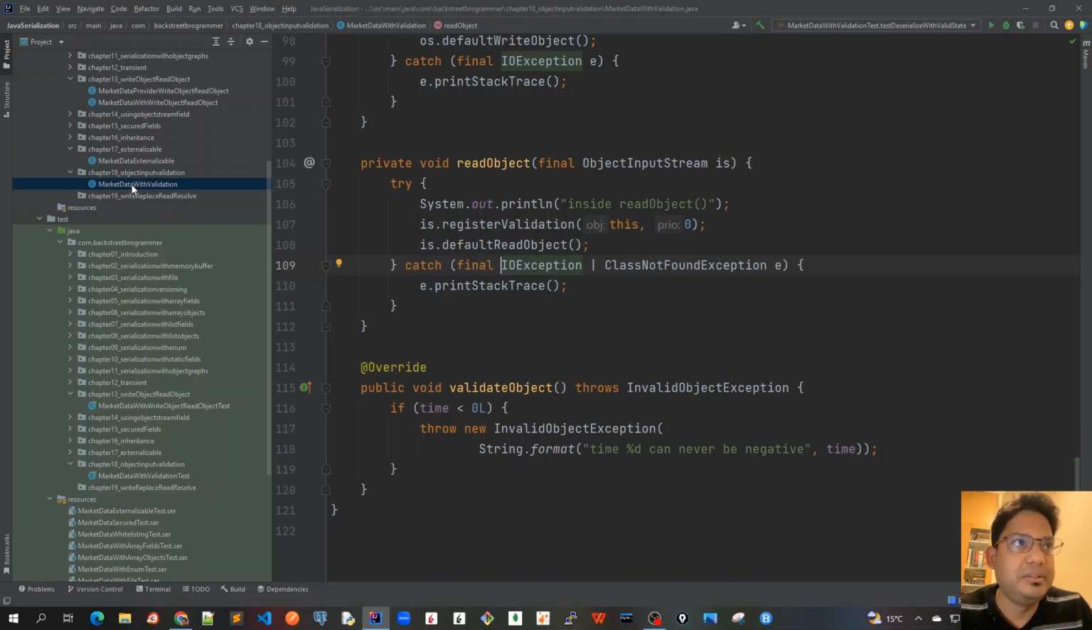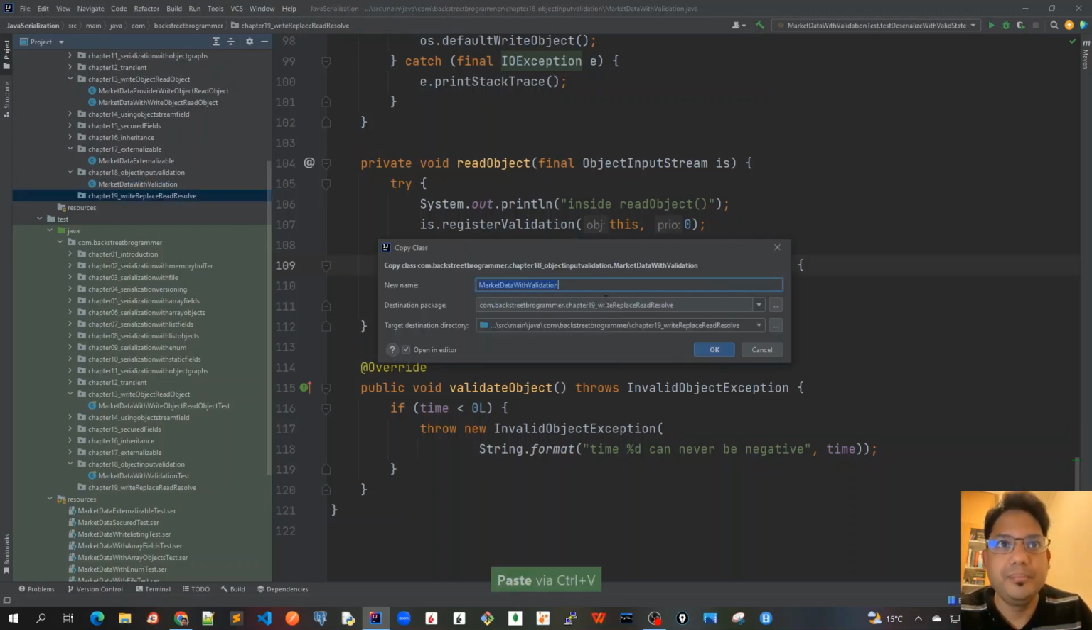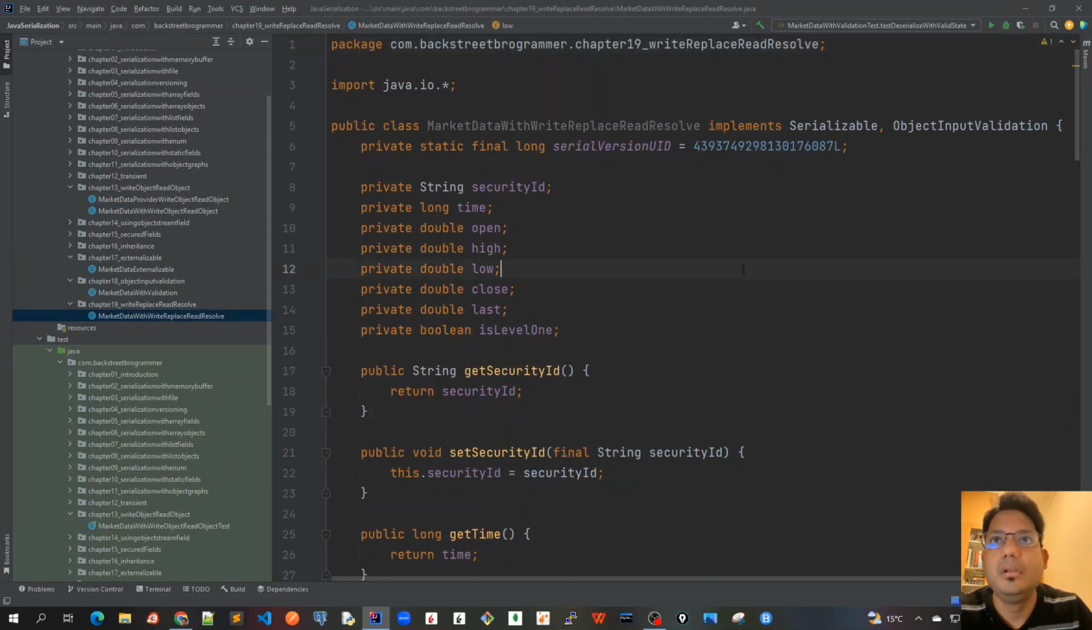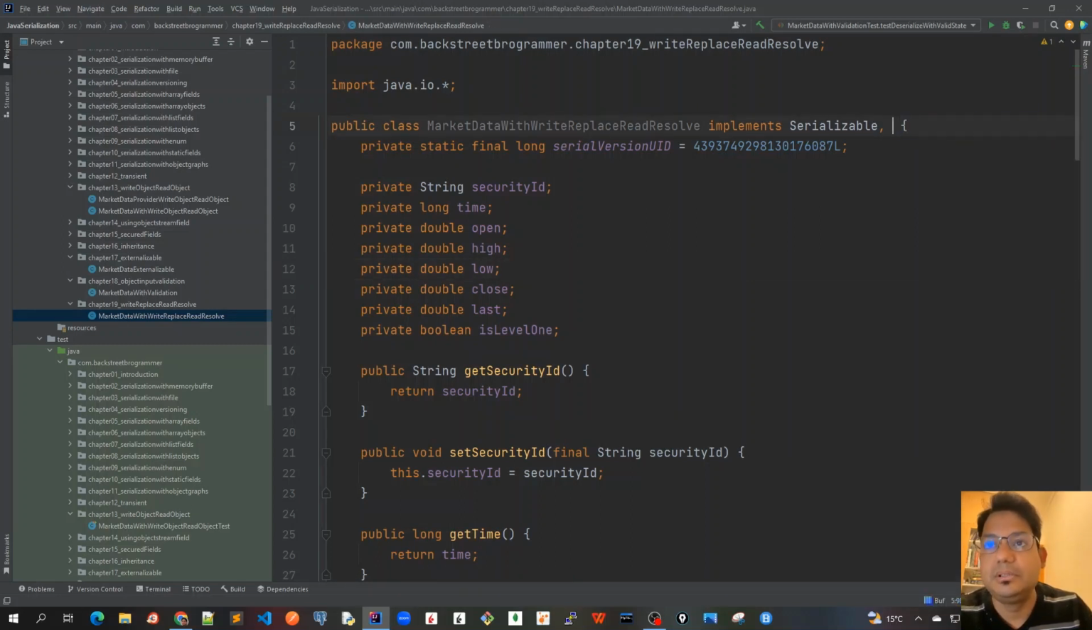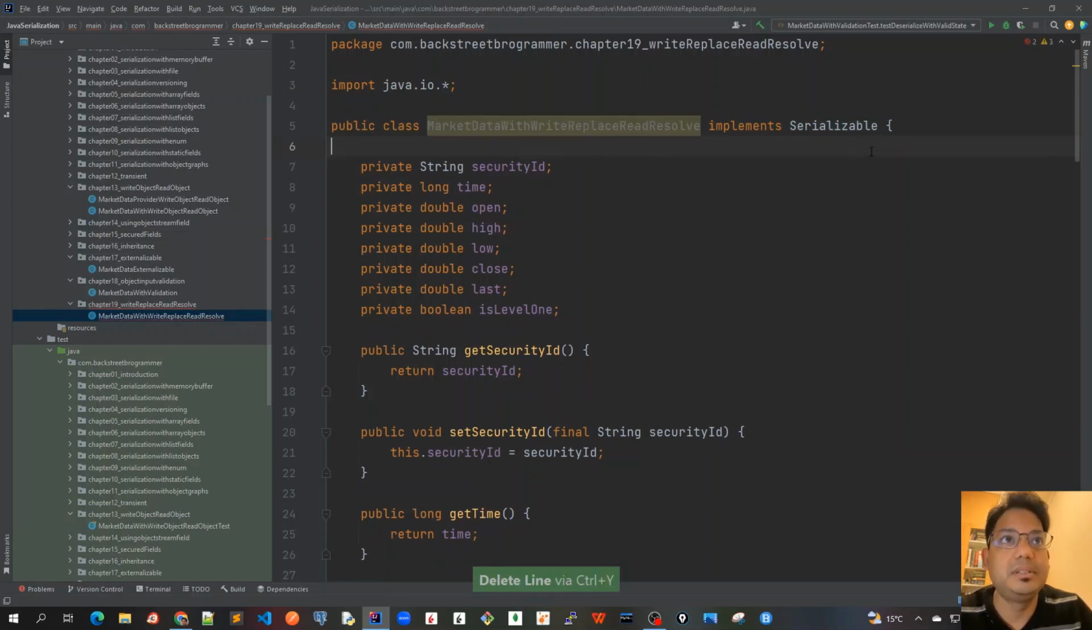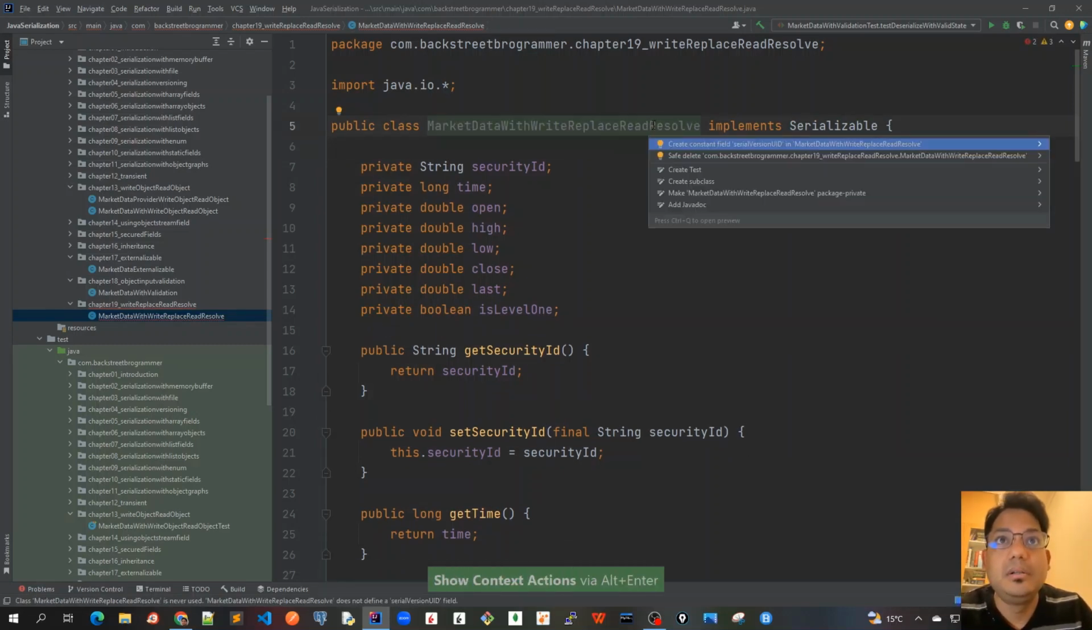So I will take this previous chapter's market data with validation, Control C and Control V, and let me change it with writeReplace, readResolve. Okay, I will remove this because we don't need validation, and also let me remove this and Alt+Enter, create constant,